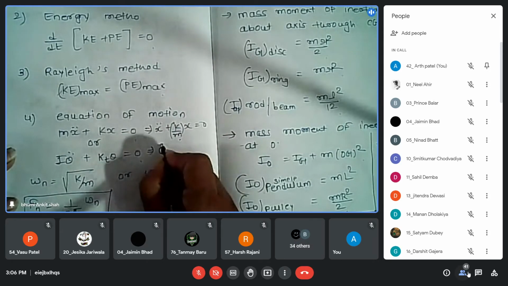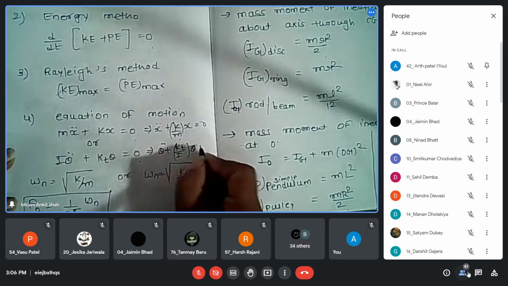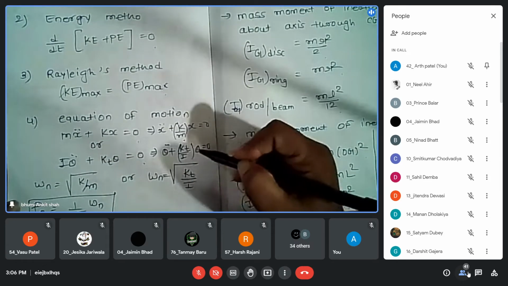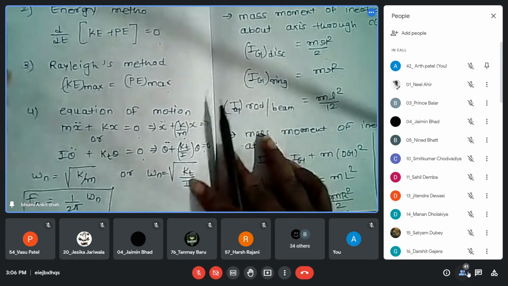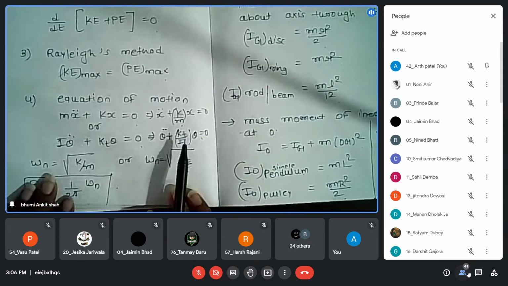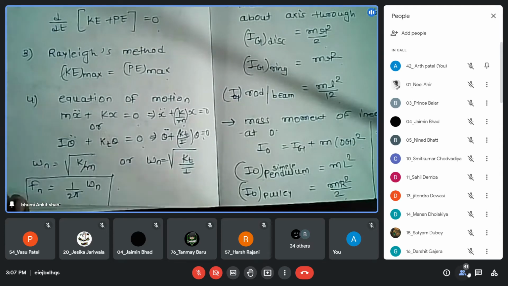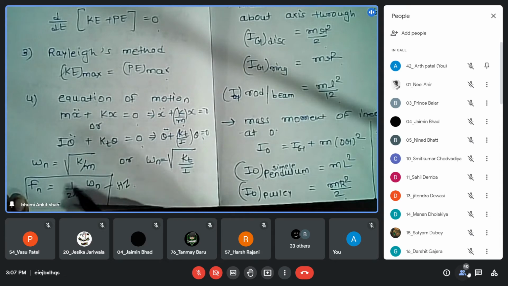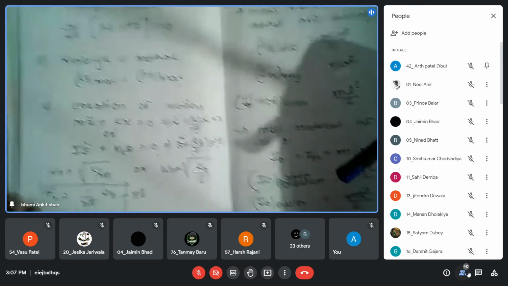Same way you can write here theta double dot plus kt divided by I into theta equal to 0. Right? तो ये जो आपको मिल रहा है x के बाजू में या थीटा के बाजू में, that is always omega n square. So you can write omega n equal to this or this. Now, this both the omega n is in radian per second, but in exam, sometimes it is specifically mentioned that you have to find out this Fn into hertz, right? So at that time, what you can do 1/2 pi into omega n. Clear? Just see all the equations.